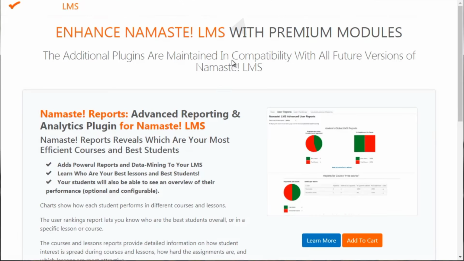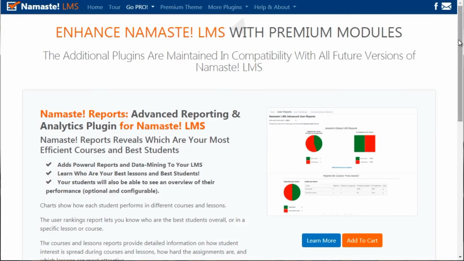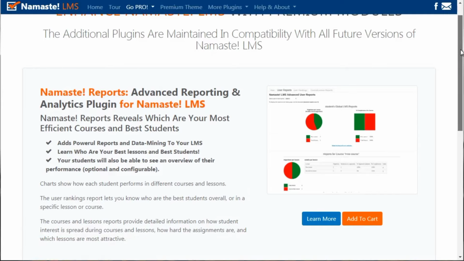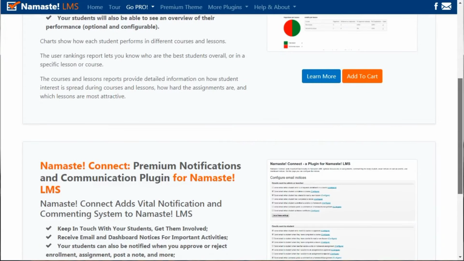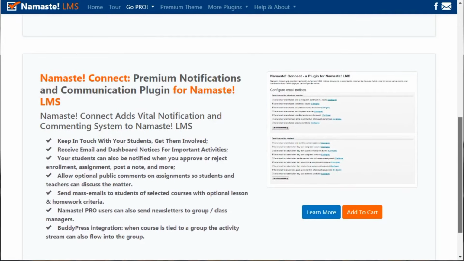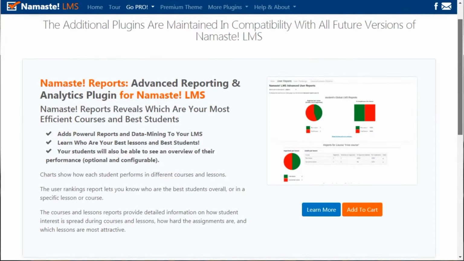Now, if we go to other modules, you can get an idea of additional plugins that are on top of the Namaste LMS system. As you can see, it's fairly basic, and it might be something that you need. If you're low budget, you can do this first, but bear in mind that as you grow, it'll be a pain to switch. So that's why I say start with the one that really works for you first.